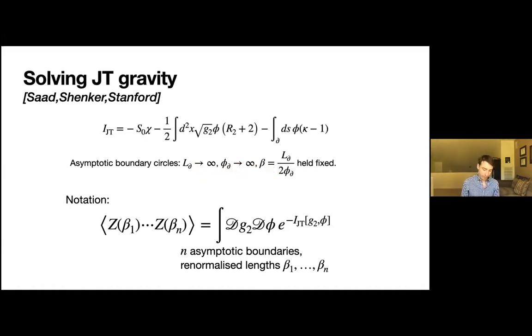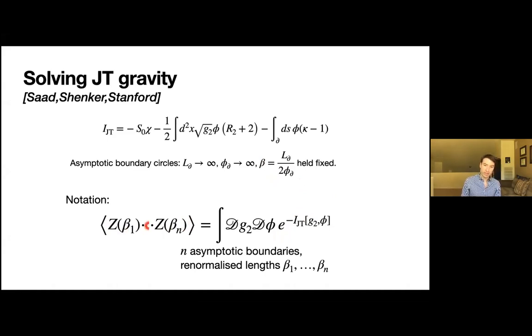I'm going to hold their ratio fixed, and this is going to be the temperature of the dual CFT, if you like. So this is the standard AdS/CFT dictionary adapted to this particular 2-dimensional situation. And just for notation, what we're going to be computing is the path integral over metrics and dilatons with this action, but we're going to include any number of these asymptotic boundary circles. And this beta we'll call the renormalized length, and they're going to have n asymptotic circles, and compute the path integral over all geometries with those boundary conditions,